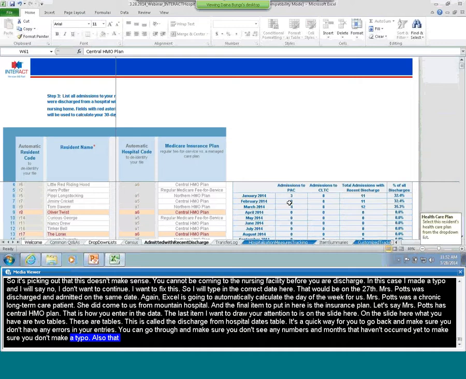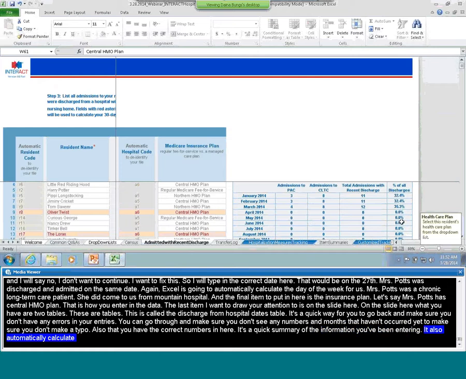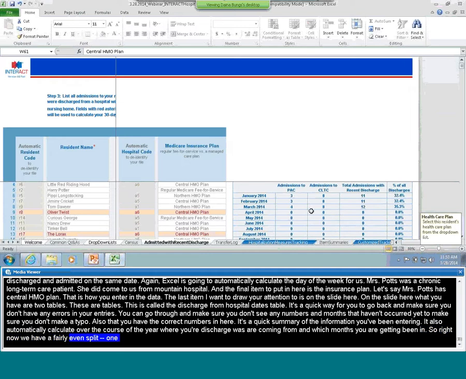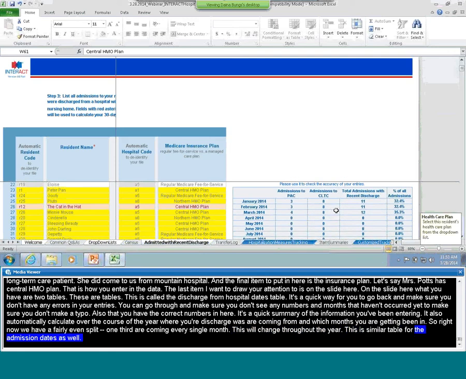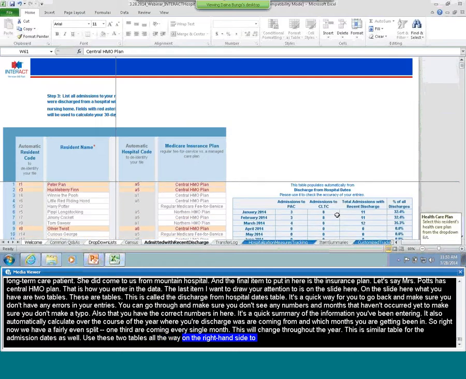So it's just a very quick summary of the information that you've been entering, and it also automatically calculates over the course of the year where your discharges are coming from and which months you're getting them in. So right now we have a fairly even split, that 1/3 are coming every single month, but this will change throughout the year. And there's a similar table for the admission dates as well. So use these two tables here all the way on the right-hand side to make sure that you're accurately entering your entries. So I'm going to scroll back up to the top and say that is how you enter in